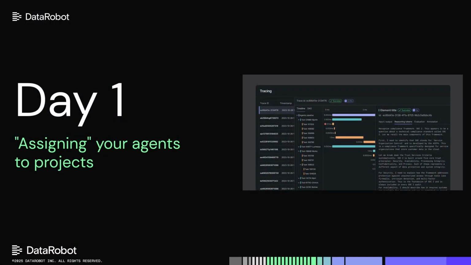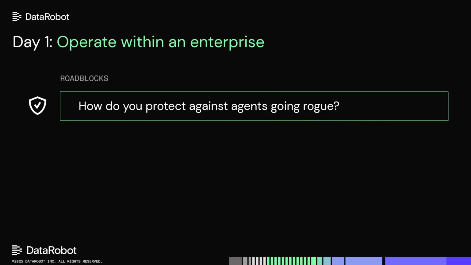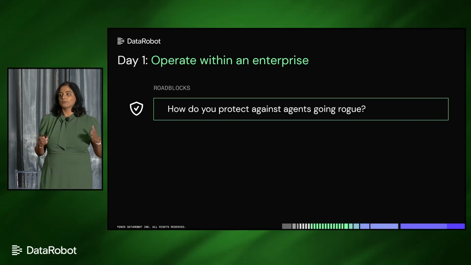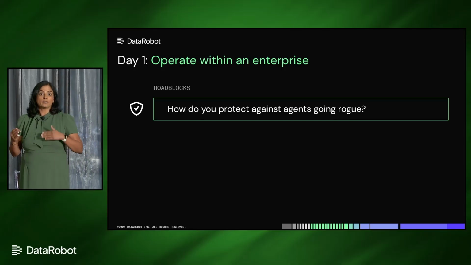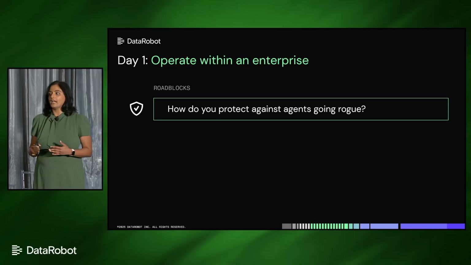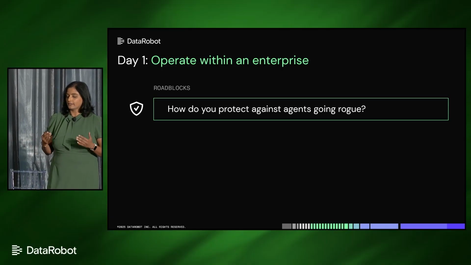So are we ready to hit that go live button? Yeah, of course. All right, well, we are ready. Our agents are hired, they're onboarded, and now we are ready to assign them real projects and deploy them in our enterprise. So when it comes to day one, you all should be thinking about how do you get the confidence? Are you protected against these agents interacting with your data, with your tools, with humans in your organization? And do you have the right monitoring in place and the ability to mitigate issues as they arise?